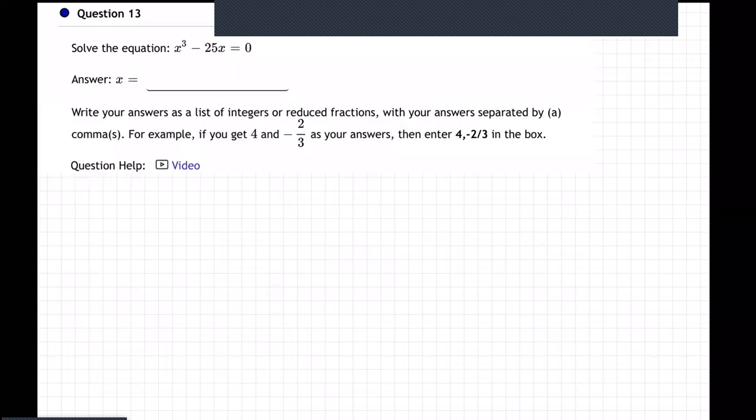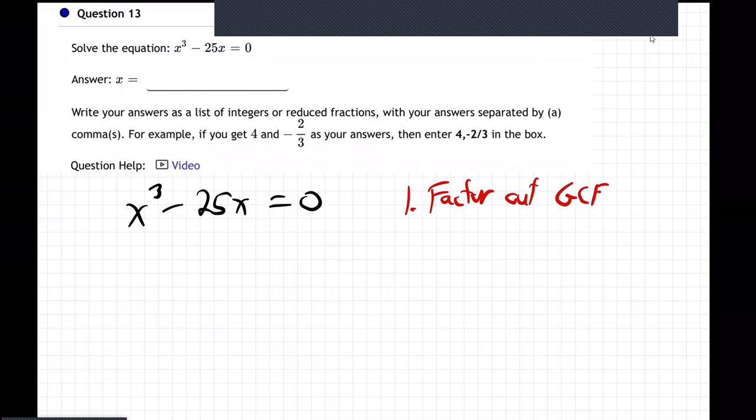Okay, so on this one, they want us to solve x cubed minus 25x equals 0. So what do we do? So first step, factor out the GCF,